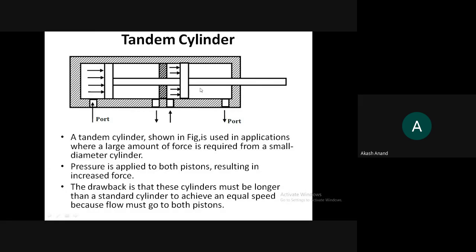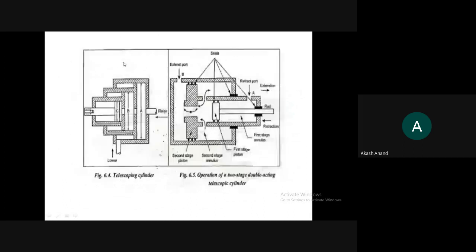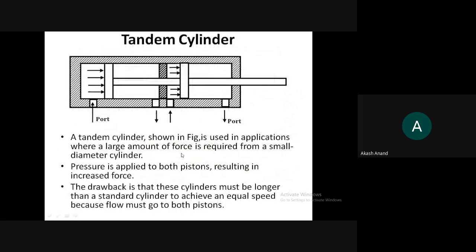Okay, so this is the advantage of tandem type cylinders. According to the application or need, we are going for different types of actuators. As already told, telescopic actuators are used when a long stroke length is required with a short retracted length. And tandem cylinders are used when the size of the actuator must be small, but the length should be higher, and we have to get a strong force at the output. In that application, we have to go for tandem cylinders.